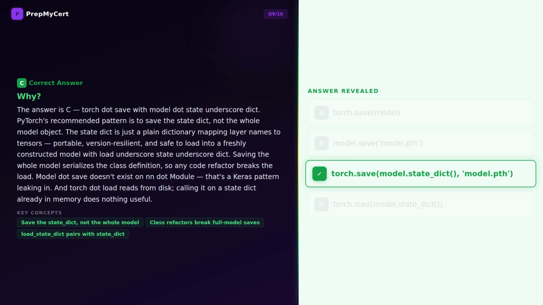The answer is C, torch.save with model.state_dict. PyTorch's recommended pattern is to save the state dict, not the whole model object. The state dict is just a plain dictionary mapping layer names to tensors, portable, version resilient, and safe to load into a freshly constructed model with